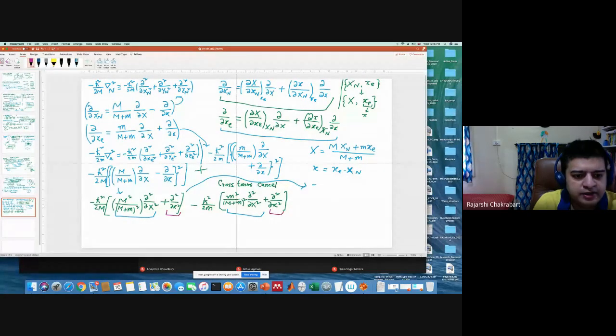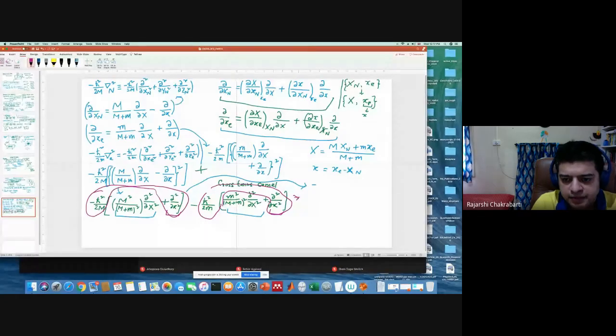From here you can see that if I take this and this, if I combine these two, what I already have is this h cross square by 2 I can take common. I have something like,